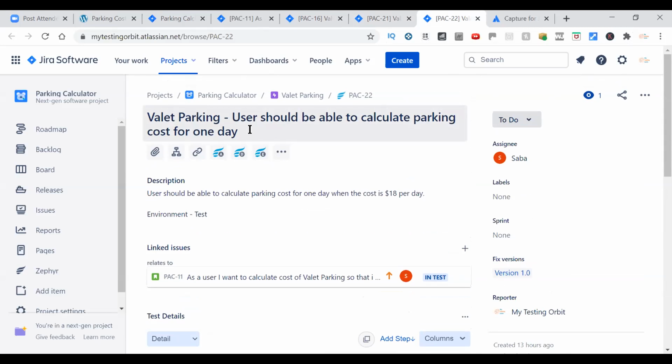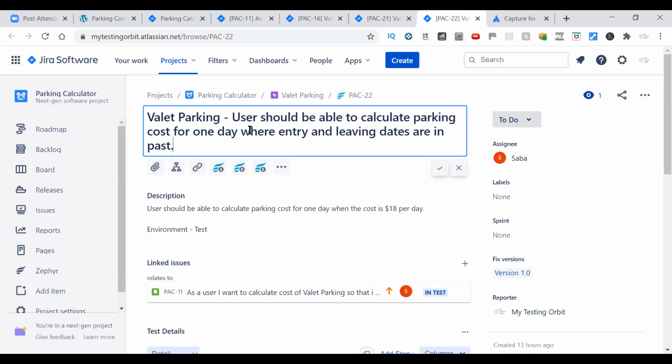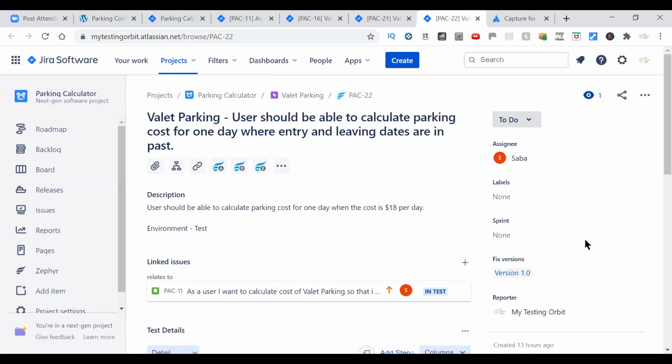All right, so we can edit as: user should be able to calculate parking cost for 1 day where entry and leaving dates are in past, right? Okay, so now we will have all the titles different. This is one way. The other way is that, let's say if you are